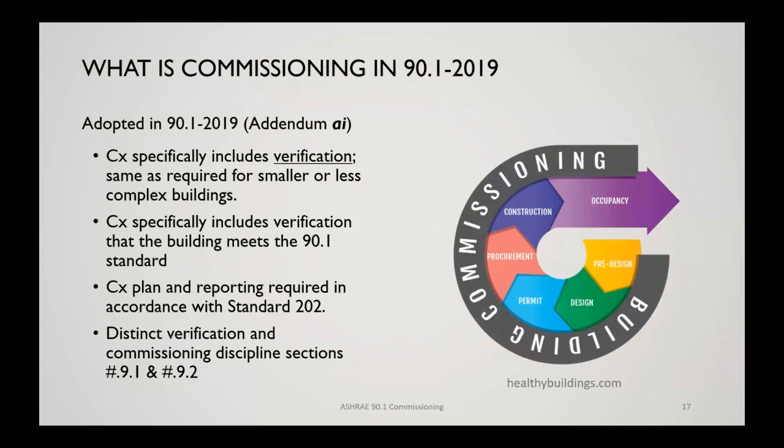So what is commissioning? Well, it specifically includes all that verification and testing we've been talking about, same as required for the smaller buildings. It also includes verification that the building meets 90.1 standard. Now, the smaller buildings can usually do that just with a ComCheck software run out. They don't have the more complicated controls that require a little more expert eye to verify that